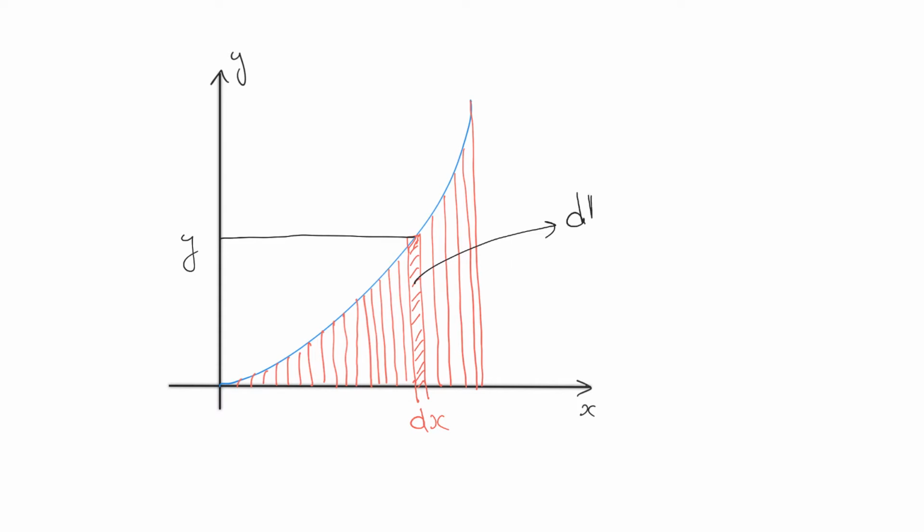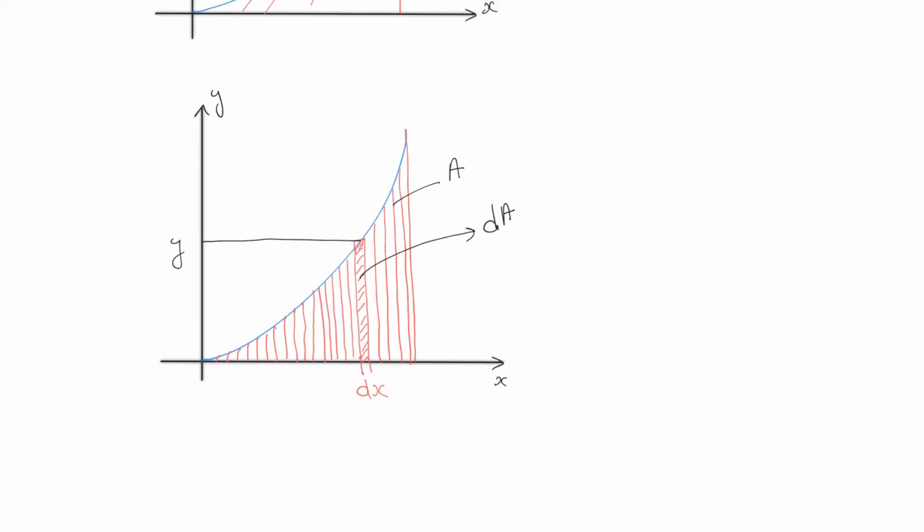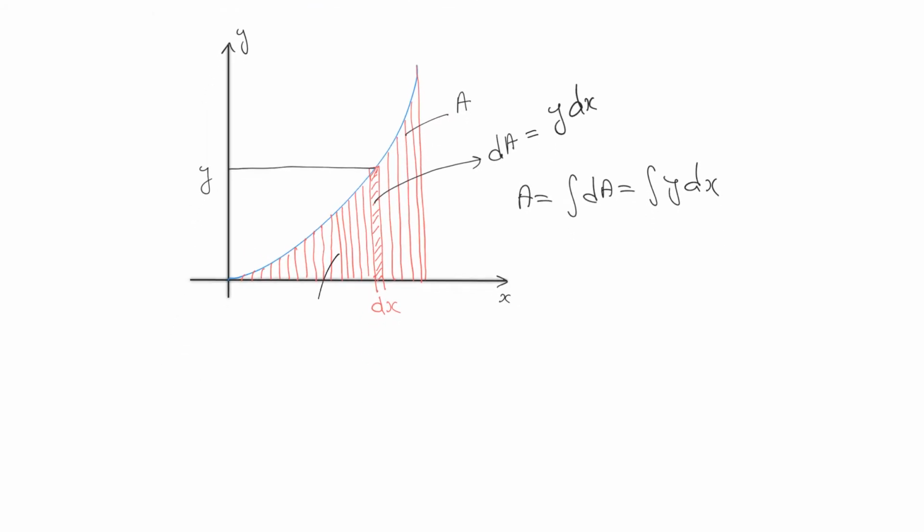So we can find out the area of this small element that we consider. I'll represent it as dA, because if total area is A, then a small part of it we can take as dA. So we can write area of the small element will be equal to, as it is a rectangle, y into dx. Now if you like to find out the value of total area, from dA we'll go for integration of dA, that is equal to integration of y dx. So just remember that if you like to find out the area between the curve and x-axis, the equation for this is integration of y dx.